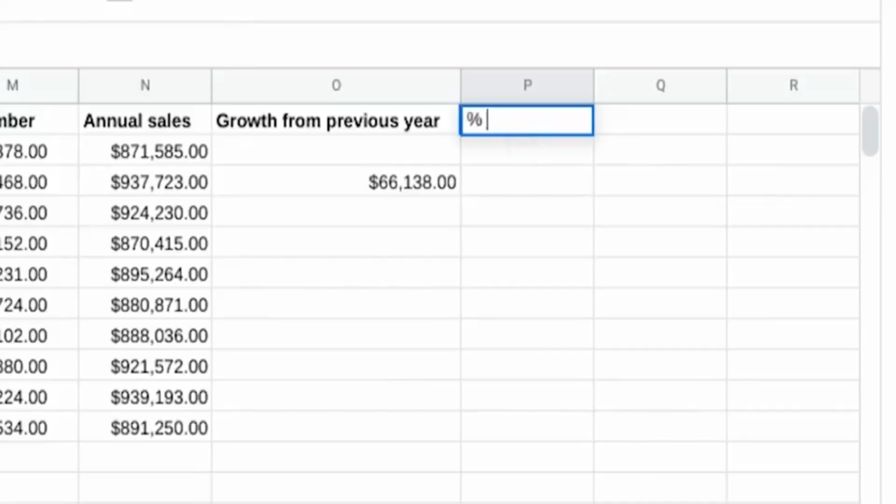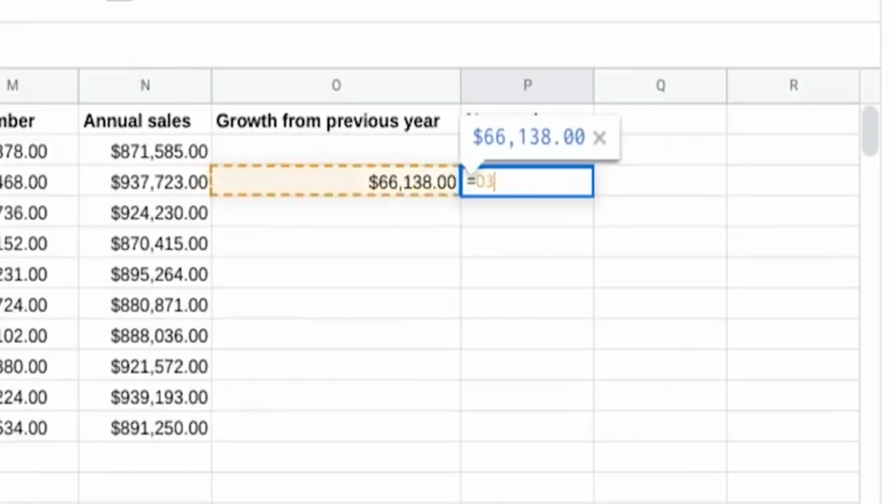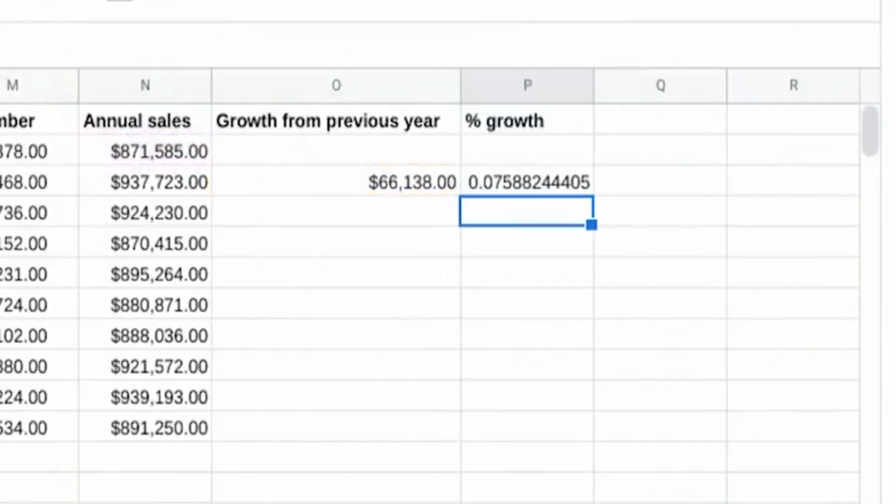We're definitely getting some useful data here, so let's keep going. We can also use our sales growth to find the growth rate between the 2 years. We'll show this as a percentage, so we'll head our column with the percent sign and growth. To do this, we'll divide the total in cell O3 by the annual sales from 2011 in cell N2. A slash is a symbol that a formula recognizes as division, so we'll place that between the 2 cell references. And presto, there's the growth rate.